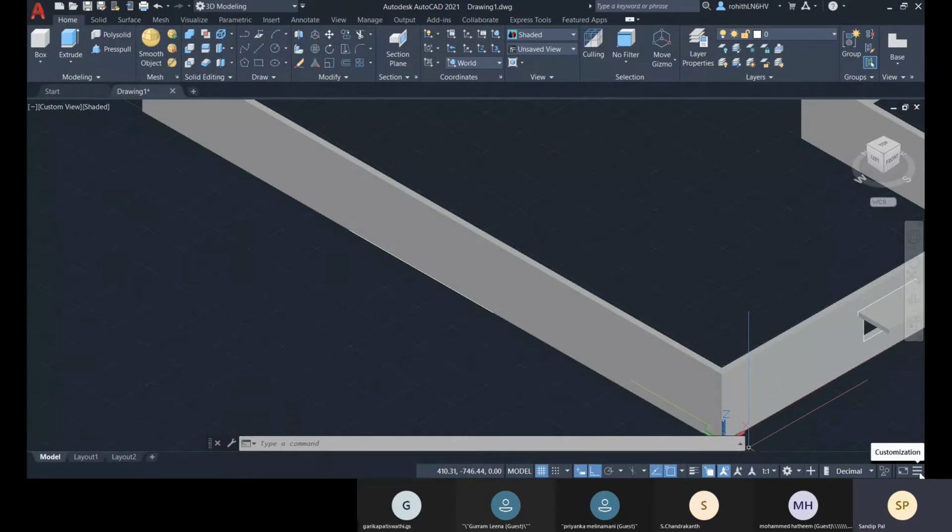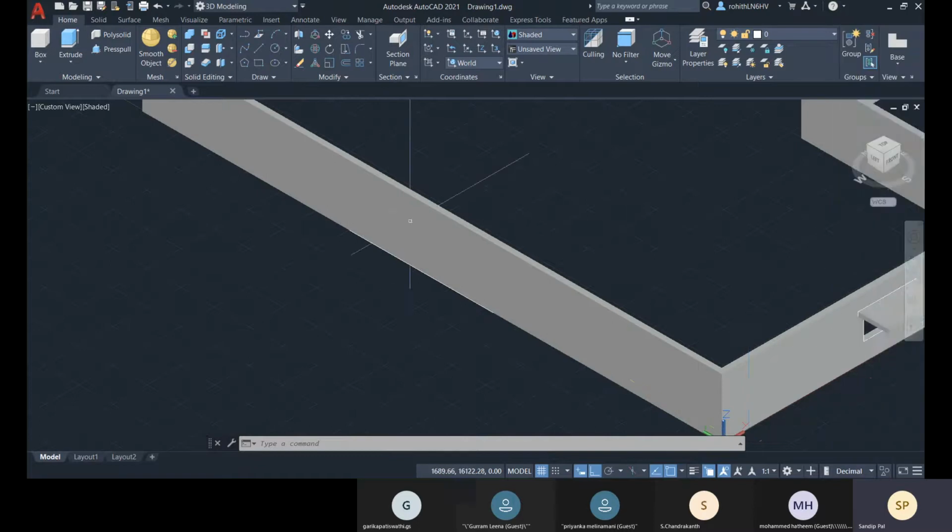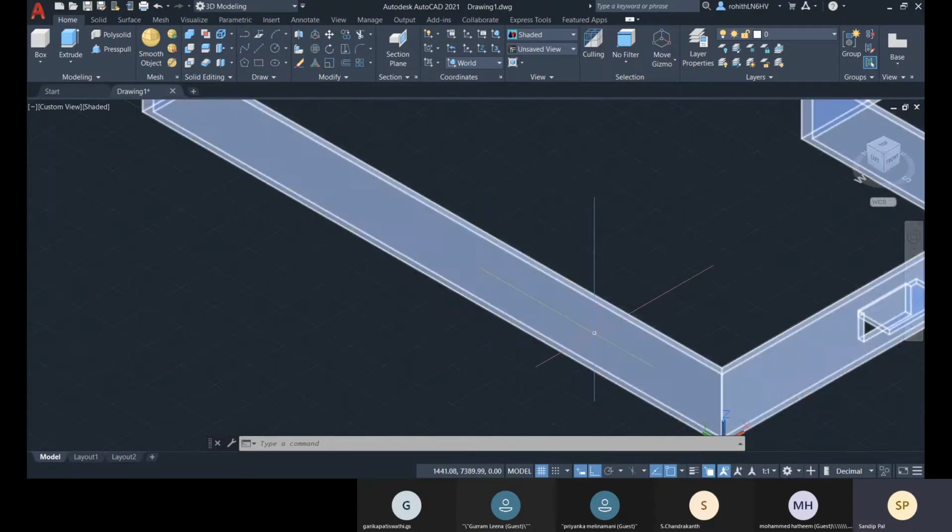You can come to this customization option, and there you have this selection cycling. You can turn on this selection cycling option, and then it will help you to identify if there is any overwritten object. Okay. So when there is no overwritten object, you will not get this small box symbol along with your crosshair.